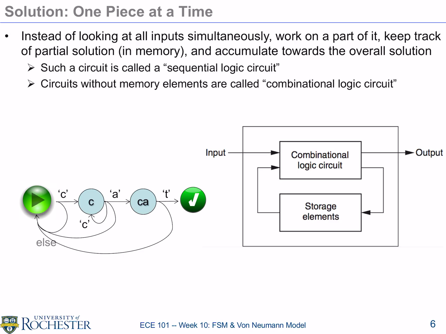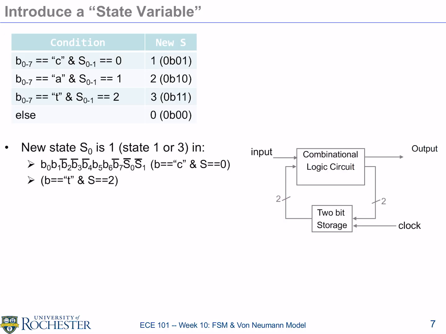And here's a circuit. You can have your combinational logic, but you also have some storage to track the state. Your state changes depending on what the input is, as well as what the current state is. And your output depends on, of course, what the state is and also what the current input is. And if you have those, you can solve the problem one by one. So for instance,